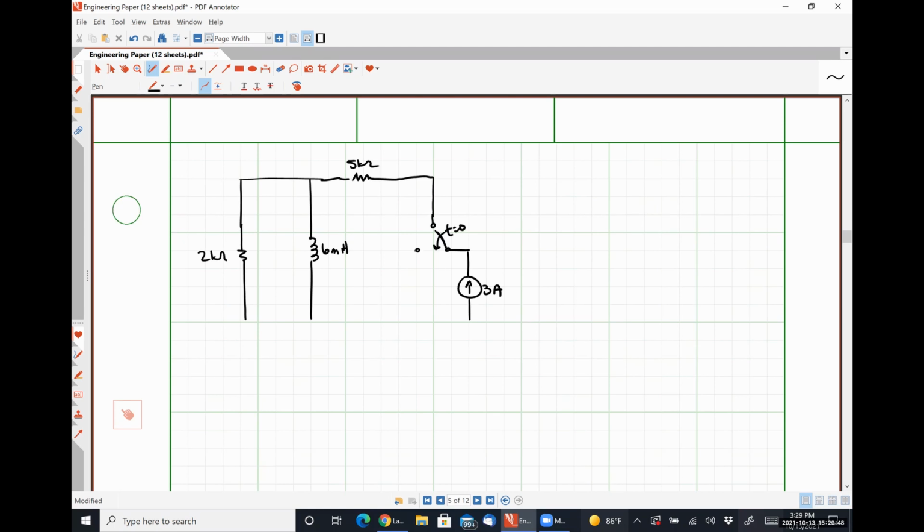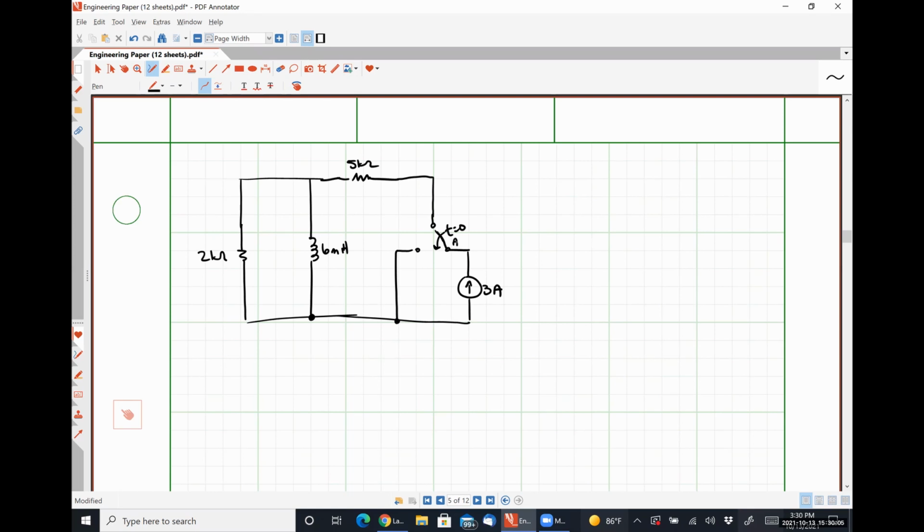Here's t is equal to 0. Here is just a simple short circuit. Like this, okay? So what's happening here,